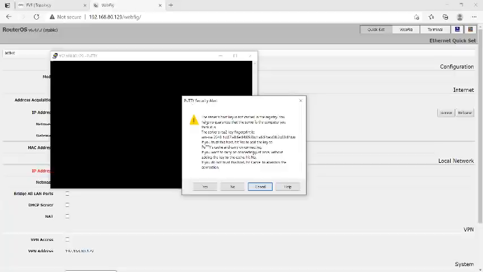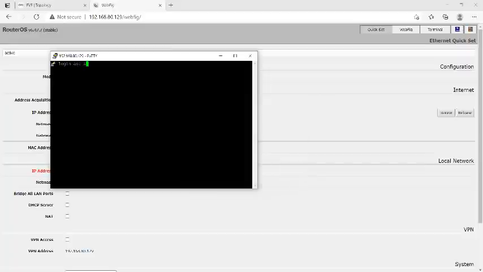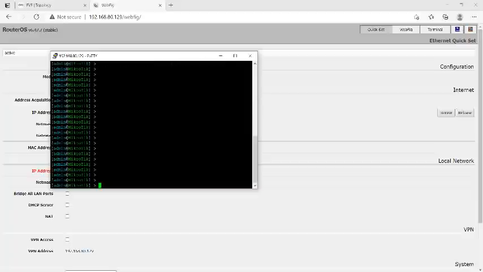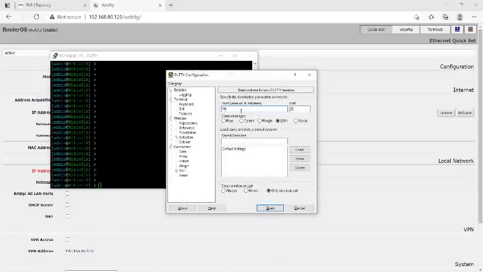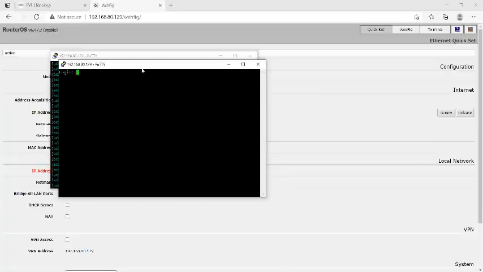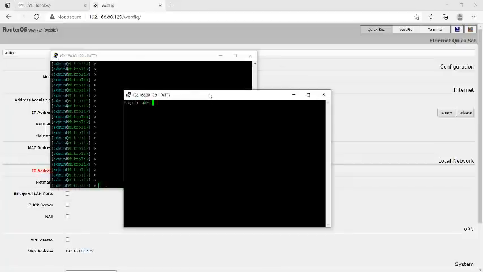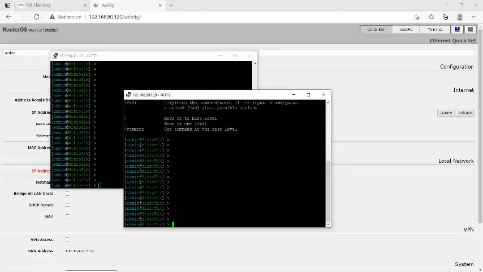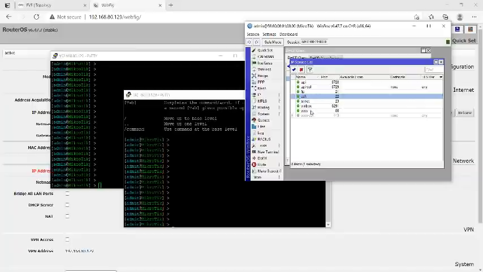You got the access, and it is asking you for yes or no. Yes, and now it is asking for the user ID and password, admin, and here you can see we got the access. And same, now we will try to get the access from telnet. 192.168.80.129, and now we are going to select telnet and open, and you can see here again you got the access.